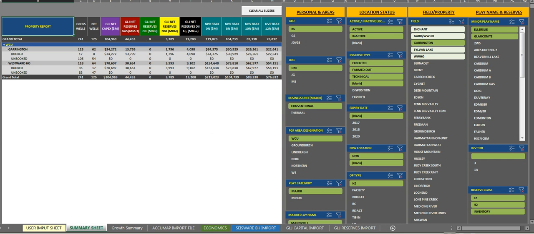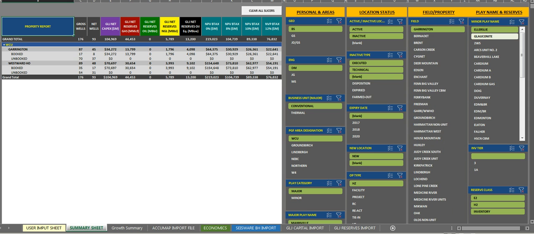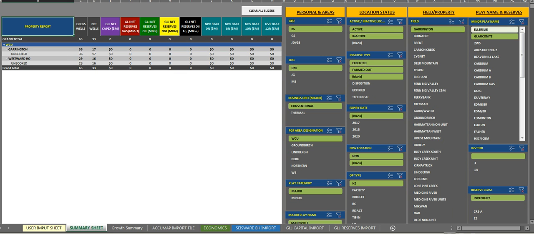Okay, well, he or she has 241 gross locations, 125. Well, what does that encompass? Is that a Cardium well? Is that an Ellerslie well? Well, here we go, there's our Ellerslie well. So you can see we have 176 Ellerslie gross locations, whether they're booked or unbooked, and what's the associated value with those locations. If I wanted to then see a different play within the same area, Glauconite, well, lo